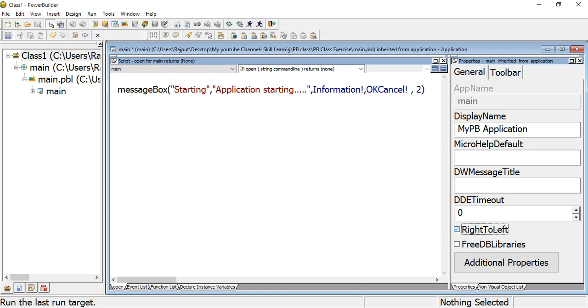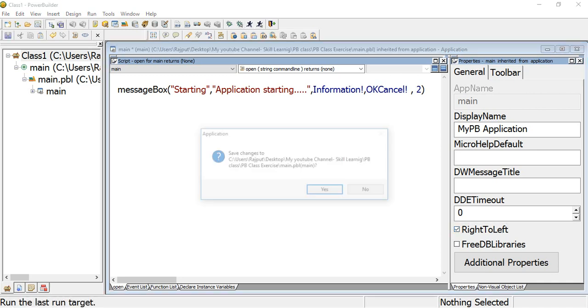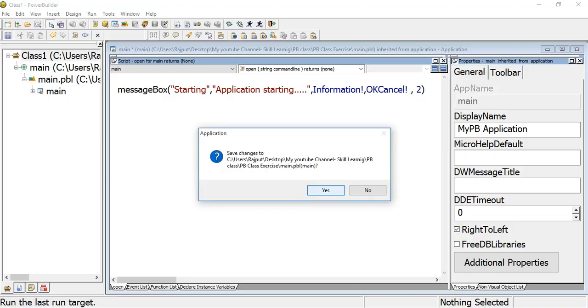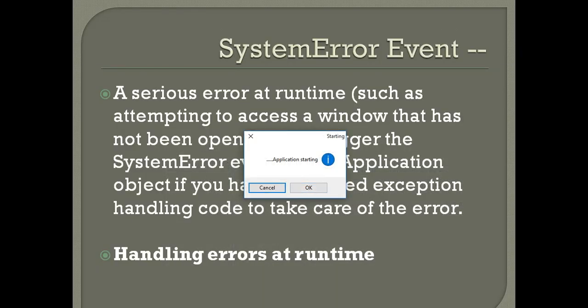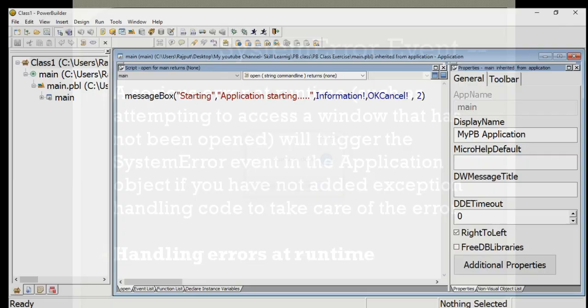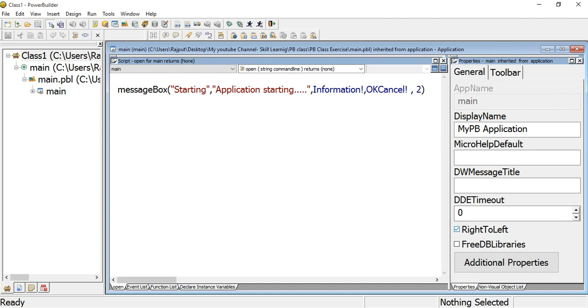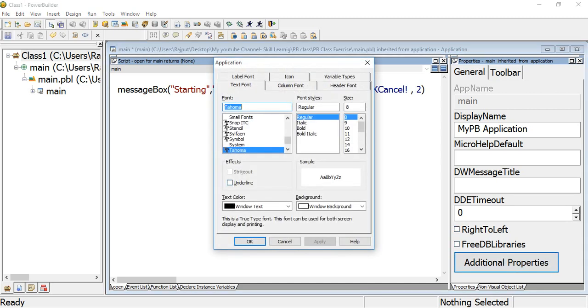Now I click on right to left, save it. Now it is starting from right to left. This is the meaning of this property. Additional properties at the application level: in my application by default, this is the font size, this is my font style, the text color is there, and the background.